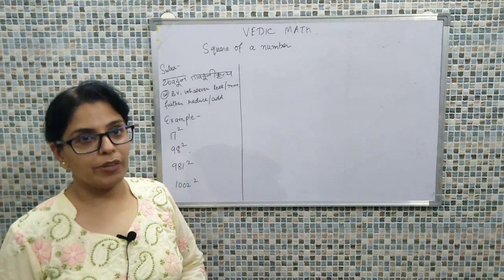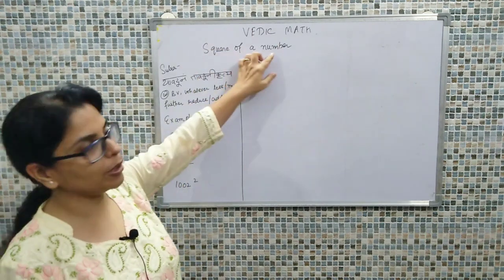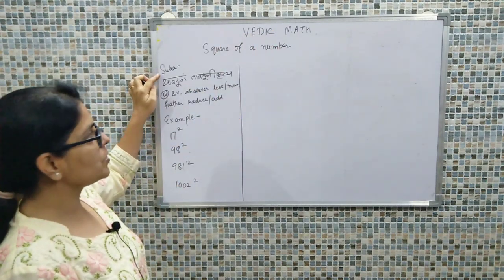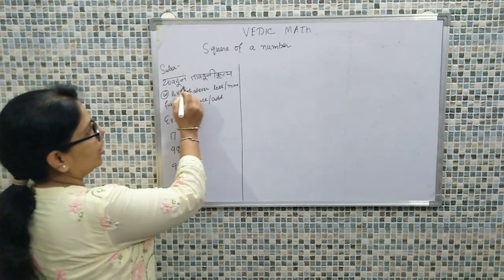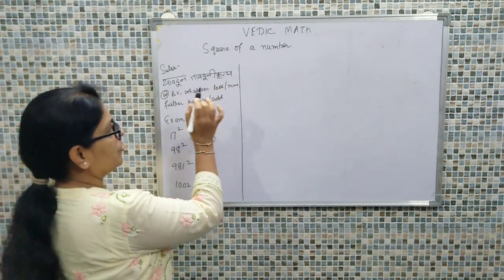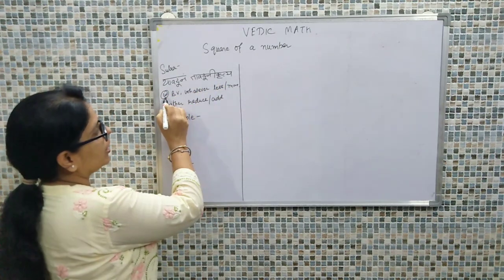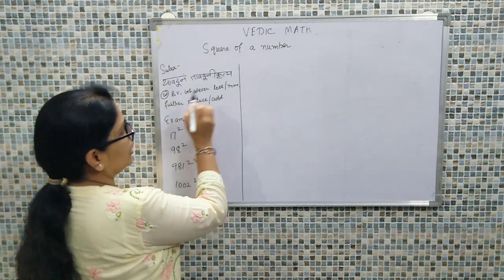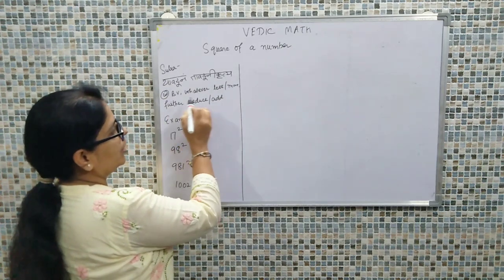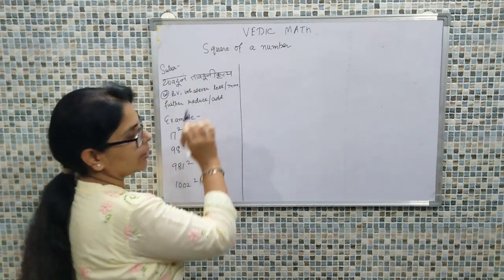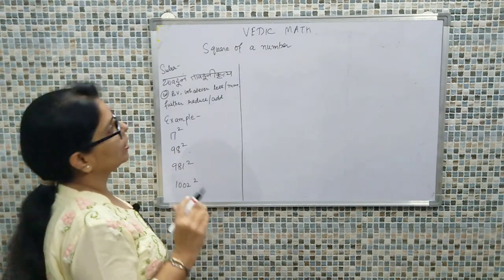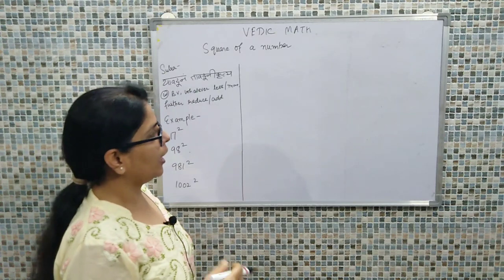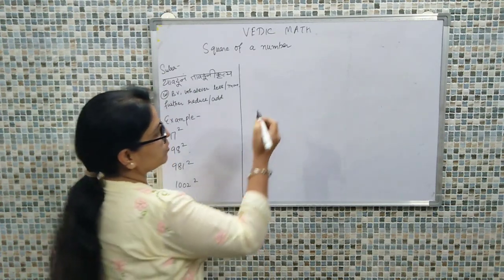Hello viewers, today we'll talk about calculating the square of a number using the concept of Vedic maths. The sutra that will be used in today's discussion is Yavadunam Tavaduni Kritya, which means that when we take a reference of a base value, whatever less or more that particular value is, we are going to reduce it or add it to that value. Now let's understand how we will be using the sutra, and we will be calculating the square of those particular values.